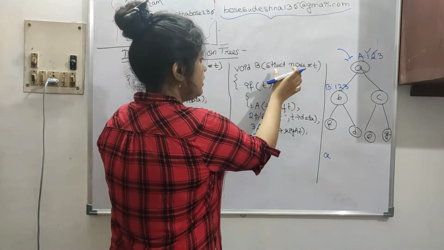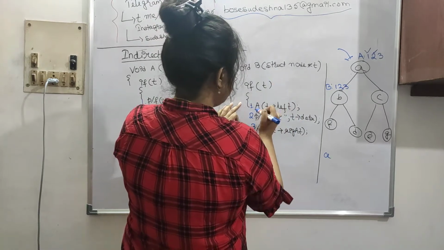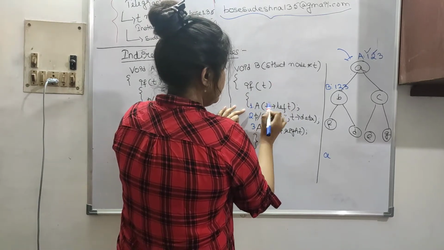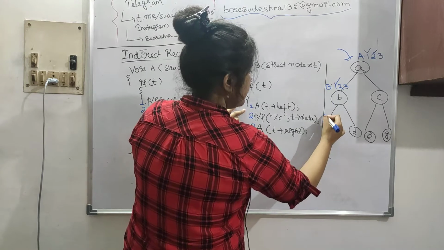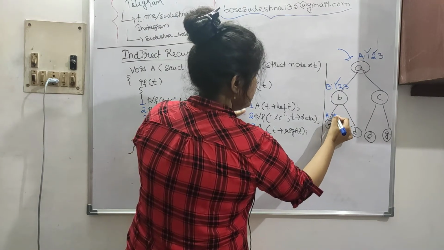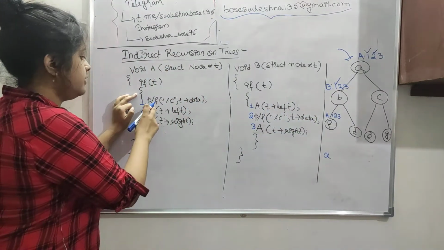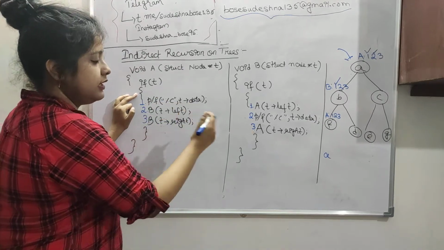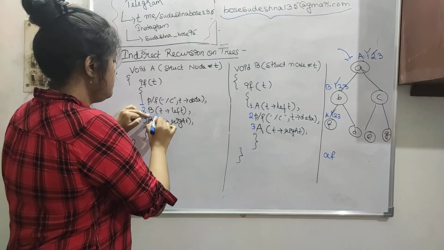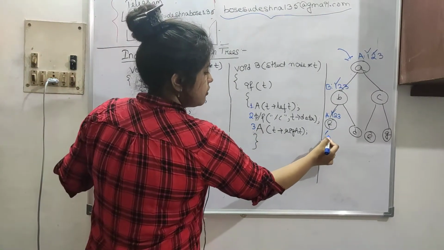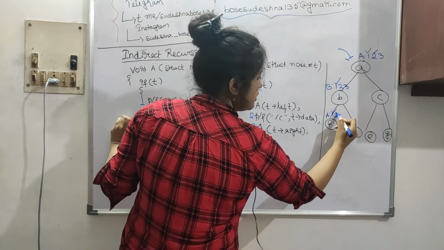Okay, so now we have come to B. So do only B here. We are calling A, put a tick mark here, T arrow left. So we go and do A, 1, 2 and 3. Here T arrow left is called on A. So we again go back here. What is A? Printf T arrow data. So we print F. Again we call B on T arrow left. Here we are calling B on T arrow left, nothing is done. T arrow right, nothing is there. So we just put tick marks here.